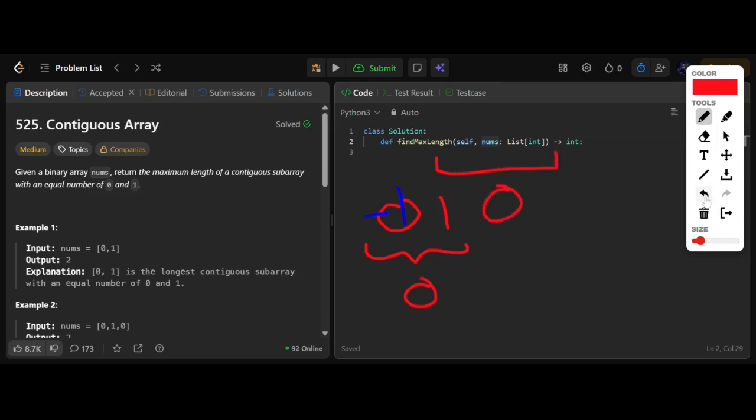But how can we actually solve this? Again, by using a prefix sum and hash map problem. And I'm not going to go into the specifics of it, but basically in this problem, we're going to have each count mapped by an index. So the count is going to be the difference. So let's say we have,